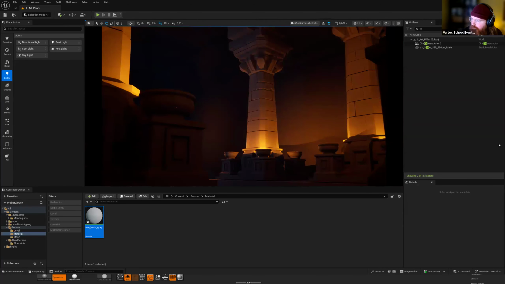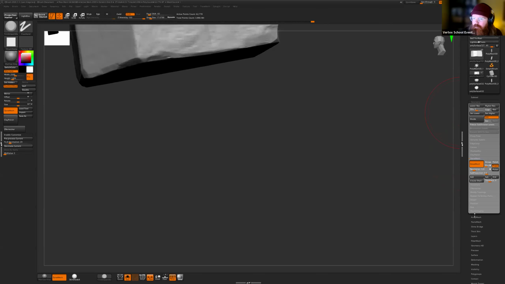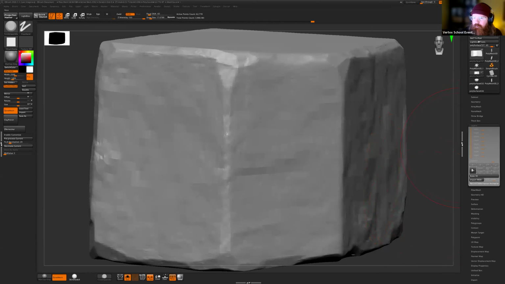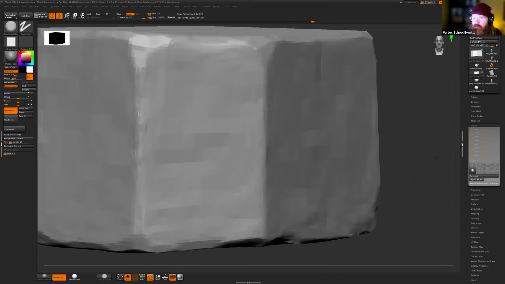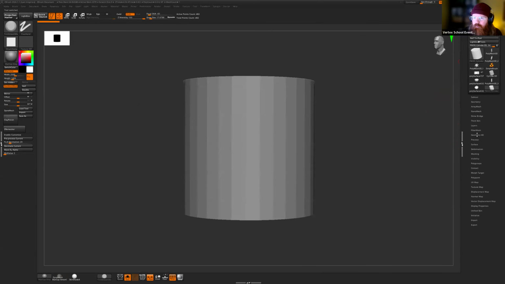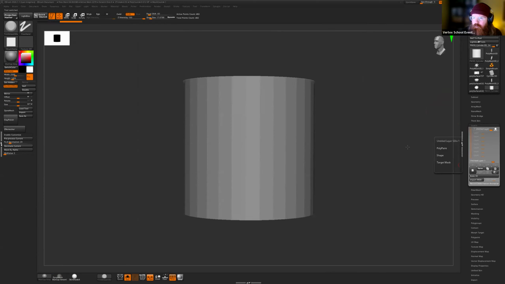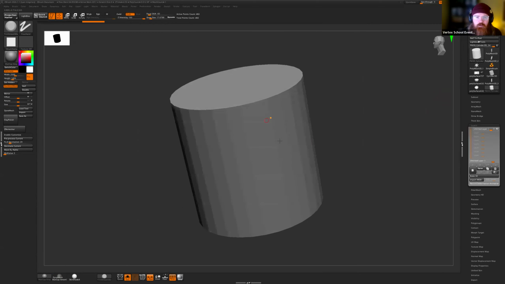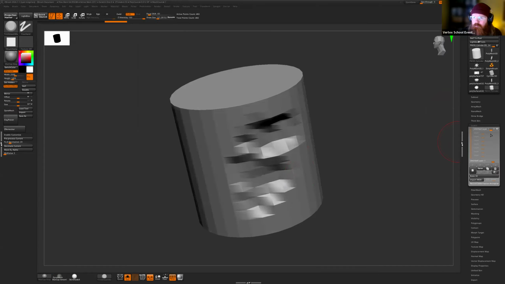Yeah, there is a layering system. To be honest, it was a long time since I used it. But if I remember correctly, I think you have to be outside of subdivisions, and then you can store and you can record. It's kind of cool. So if I sculpt now,